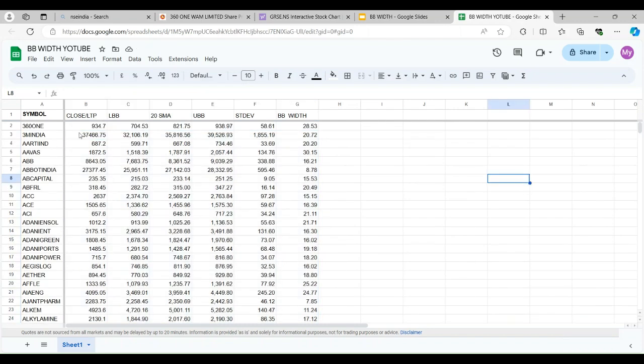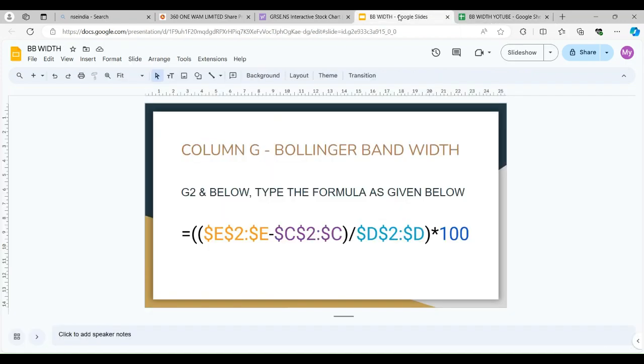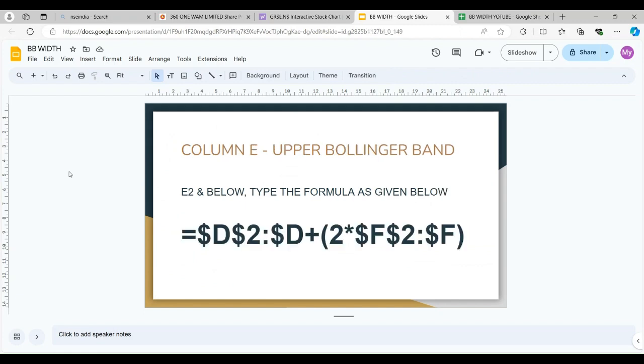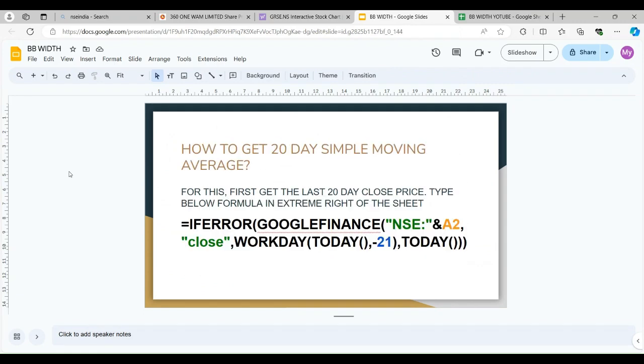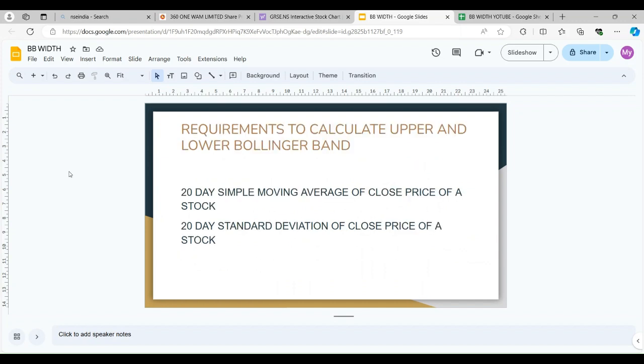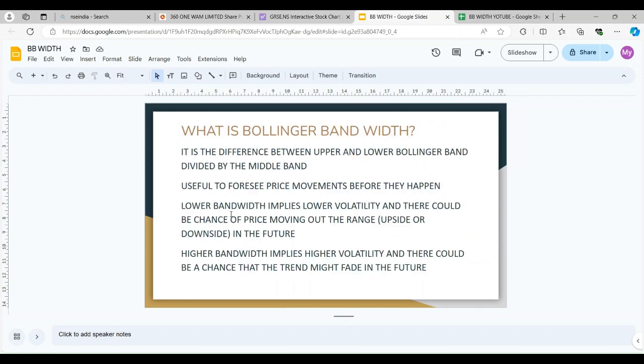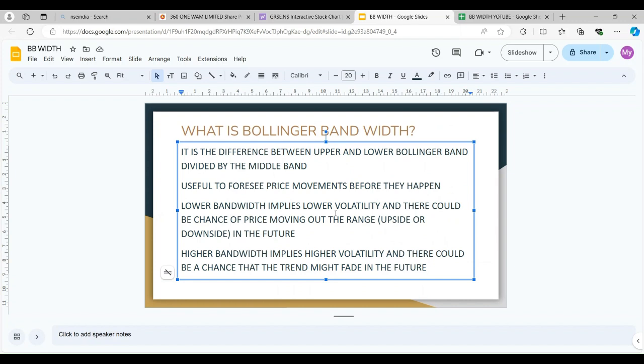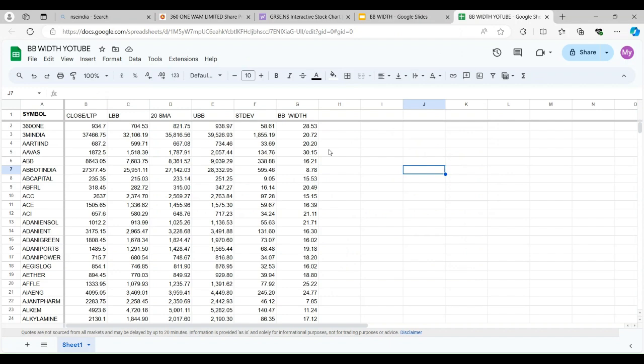Okay, so there is a bandwidth. Now what we can do is, in the above slides, lower bandwidth implies lower volatility, higher bandwidth implies higher volatility. Useful to foresee price movements before they happen. How do you see? With this screener. If you ask me how,